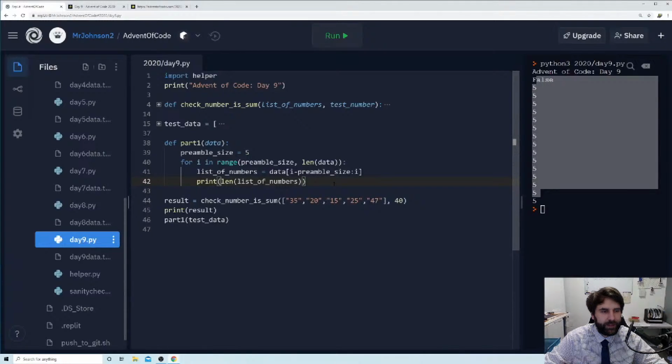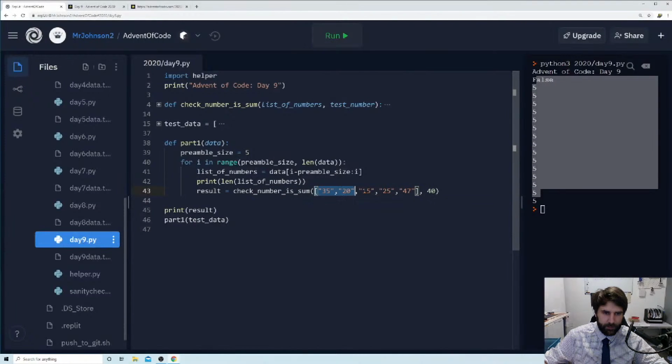So what are we going to do now? So now what we want to do is we want to pass that in, and we want to pass it in with our test number, which will be the next number in the list. So we're going to say basically this. So let's just take this and pop it in here. But instead of passing it an actual list, we are producing our list dynamically because we're clever programmers. Ish. And so we want to go up to but not including I. So we want to take our data at position I. That's going to be the number we're going to check.